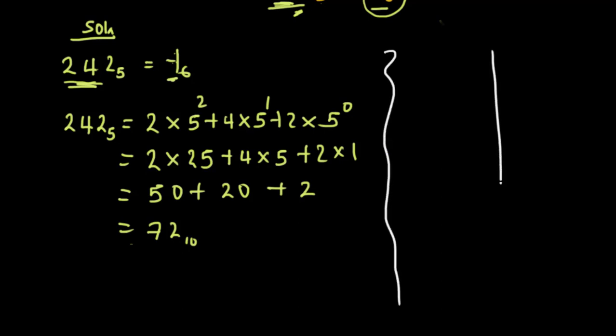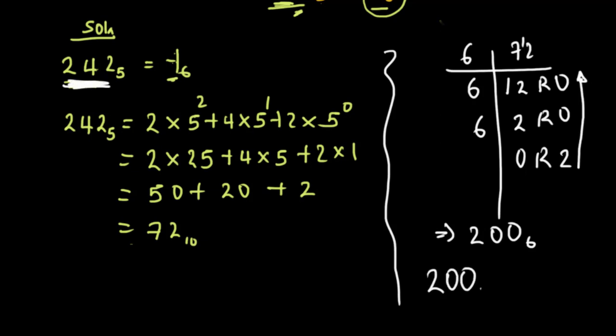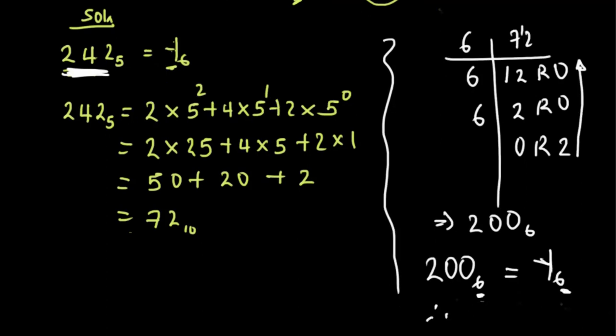So we have 72. We are converting to base 6, so we divide by 6. 6 in 7 is 1 remainder 1. 6 in 12 is 2, so we have 12 remainder 0. 6 in 12 is 2 remainder 0. Then we have 6 in 2, 0 remainder 2. From bottom to top, our answer is 200 in base 6. Does that make sense? So we've converted 242 to base 6. So we have 200 in base 6 equals y in base 6. And if the bases are equal, it means that the values are equal. So therefore y equals